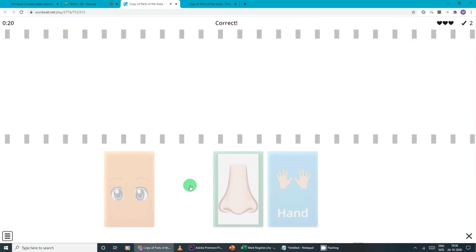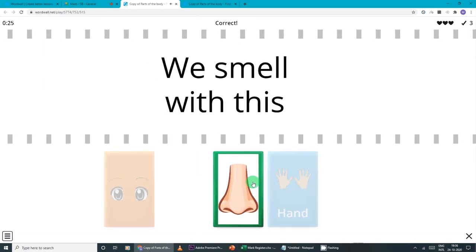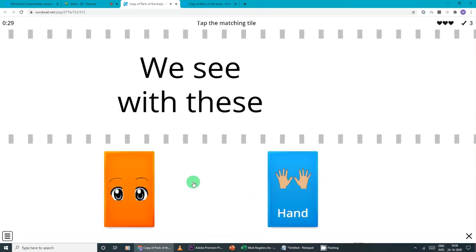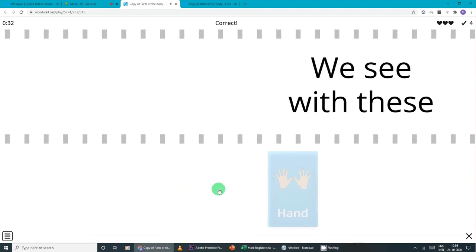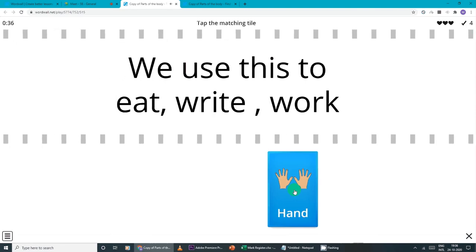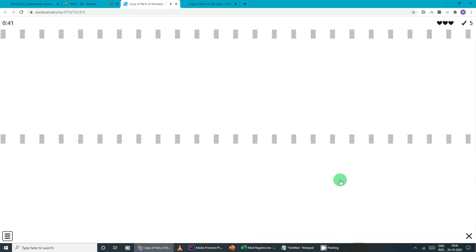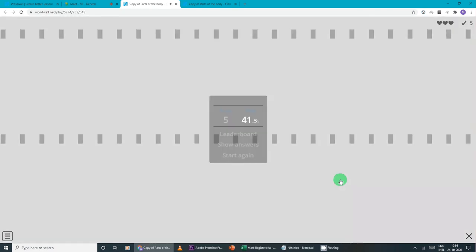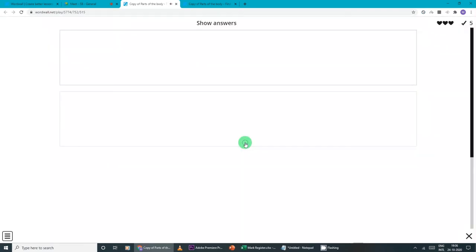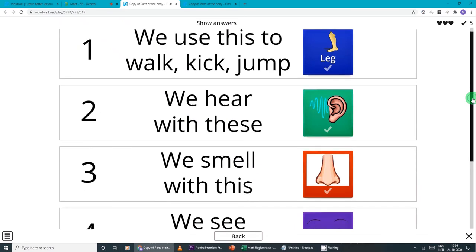When the answers are right, they'll really feel excited. They can learn. They're seeing the words, they're seeing the pictures also. So it will be registered in their mind. This can be used by all the subject teachers. Even Tamil is there, computer, maths, science, English. Umpteen number of topics are there. You can choose any one according to your need. So once it is over, you can see the correct answers.